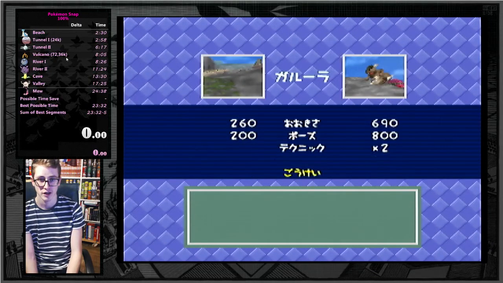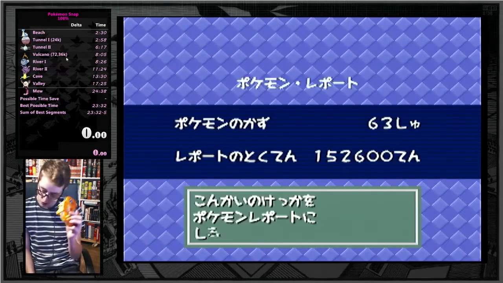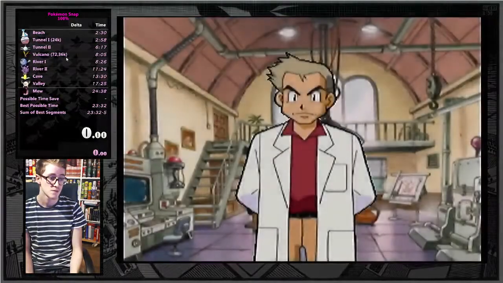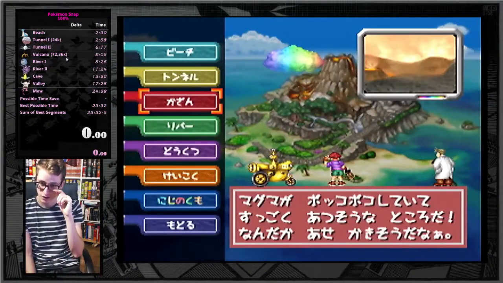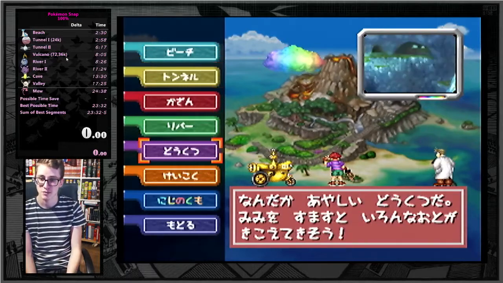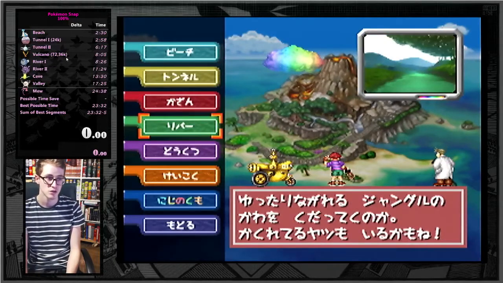Cyclo still counted. Don't know if he would have still counted on Virtual Console, because it's not as forgiving as the Nintendo 64 version concerning uncensored pictures. So you want to do everything exactly the same, everything. If you have 72,500 points right here,